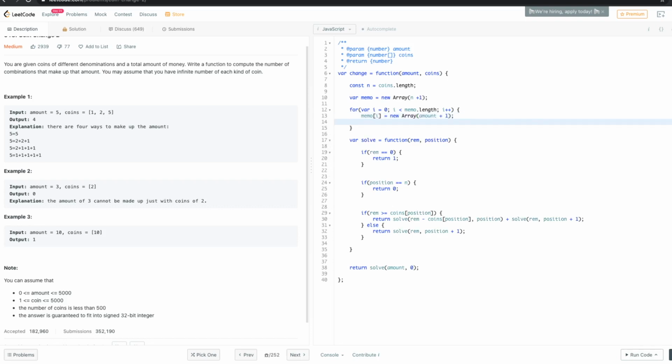Okay, and we need to fill memo i, fill it